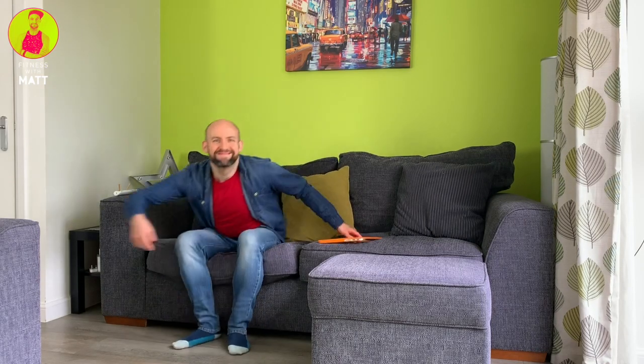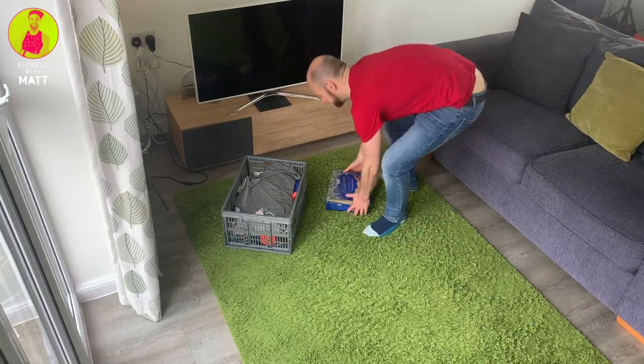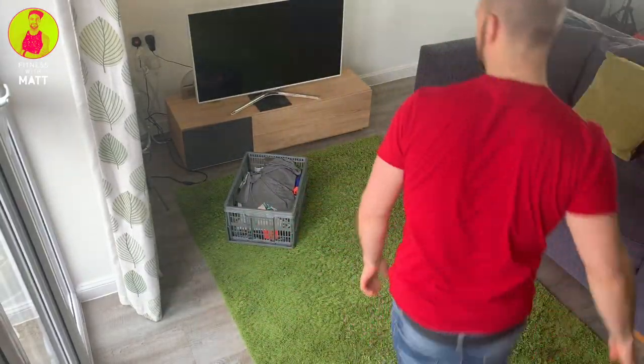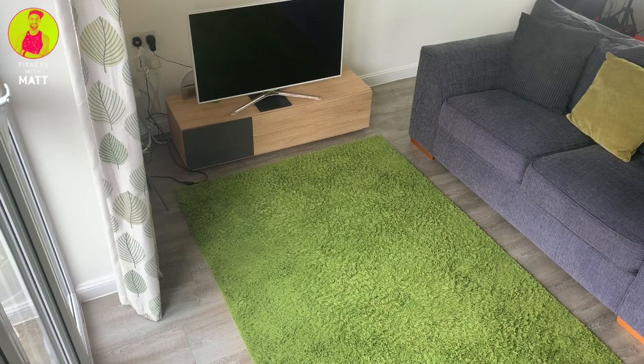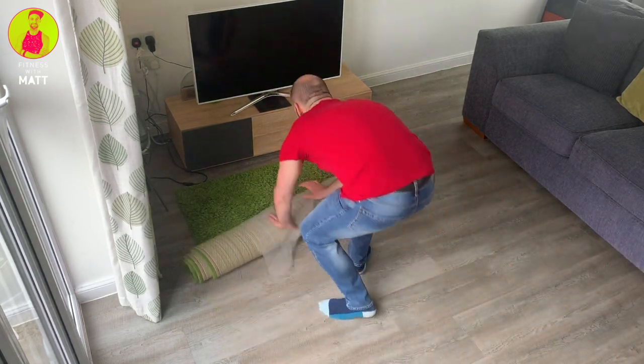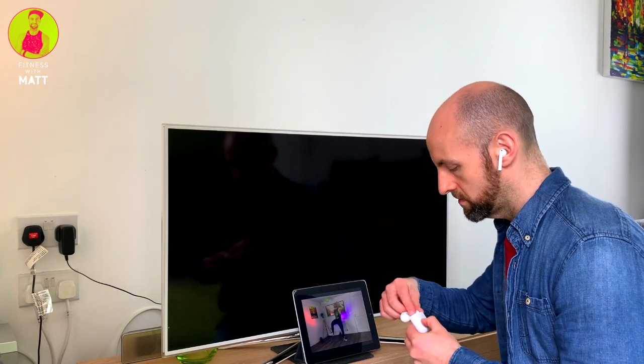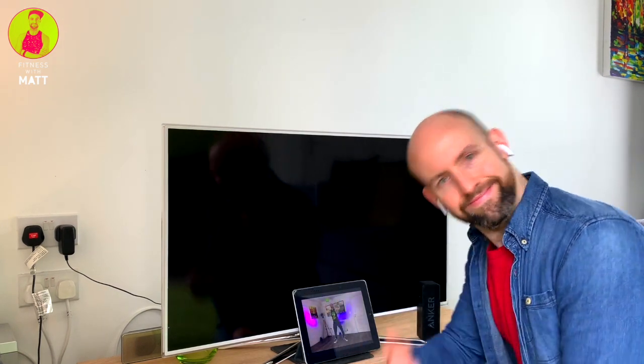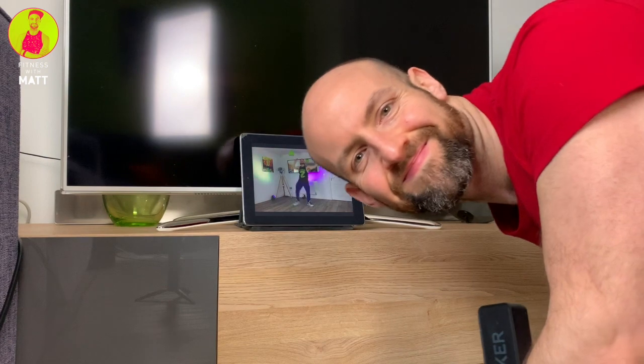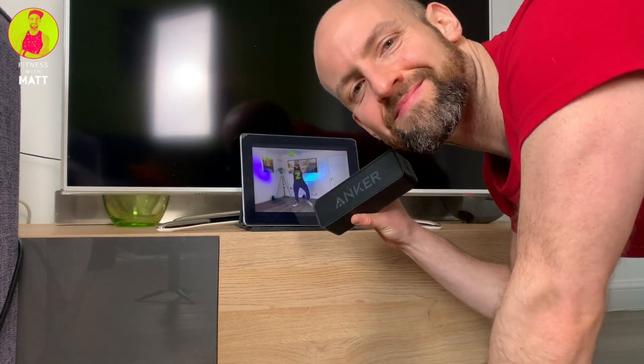Now it's time to get ready for a class. Clear away any trip hazards such as chocolate biscuits, washing, push any furniture you can to the side to make a nice big dance floor. For a better audio experience, consider using wireless headphones, or you could connect to an external speaker for better sound